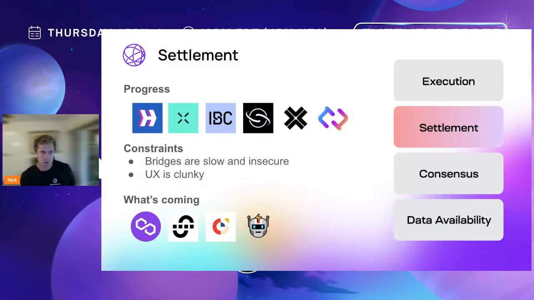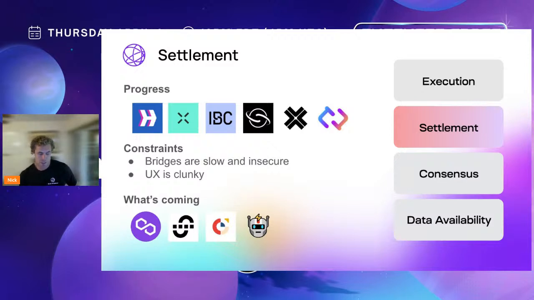If you try things like Hyperlane, or there's another one called Relay, and we have Across and whatever. But the reality is a lot of them are still not very secure, because the proof systems are not there; the bridges are all committee-based essentially. And the problem with a committee, when your committee is a rollup sequencer or a multi-sig, is it's just really not that secure. So we need to get to more proof-based bridging. And frankly, the UX is still clunky. We have things like Skip API, which make it slightly better, but we can use intents to make things better.